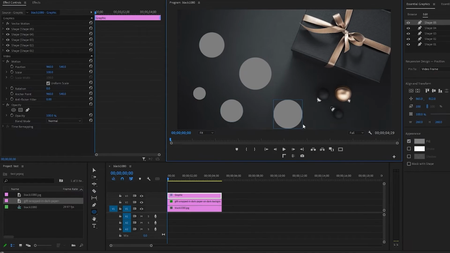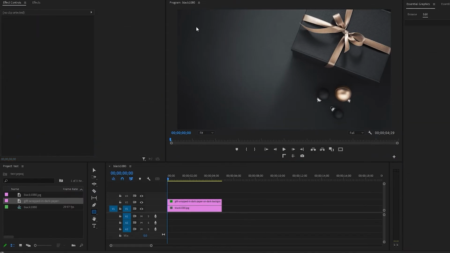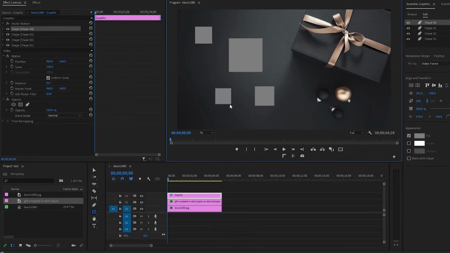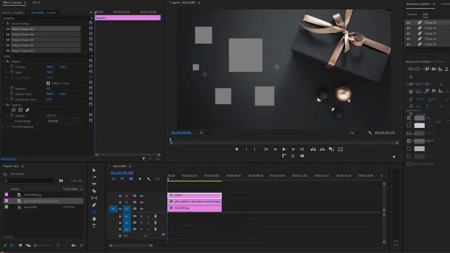This also works the same for the rectangle tool, where holding Shift will actually create a perfect square rather than a rectangle. If you want to create an outline of your shape instead of having it solid, go over to